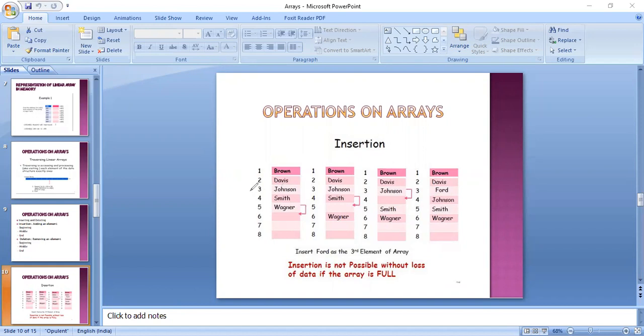So initially we have Brown, Davis and Johnson, right? So we want to replace Johnson and we want to insert Ford in this. But we want Johnson to remain in the list. So how can it be done?